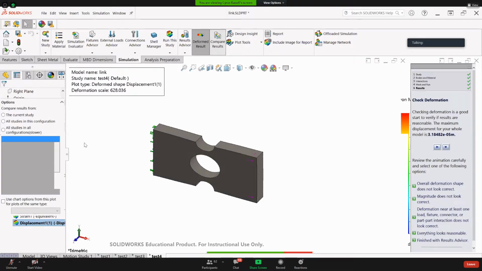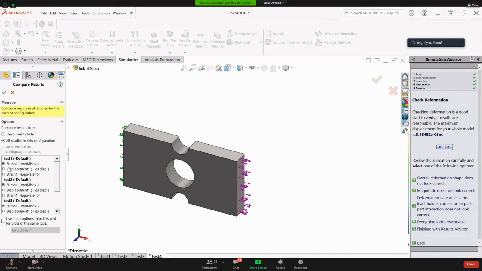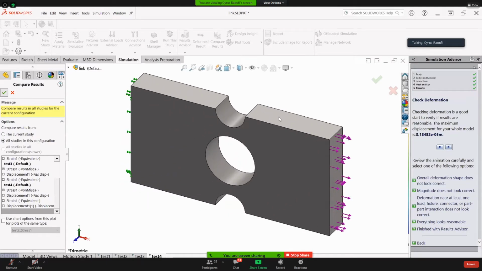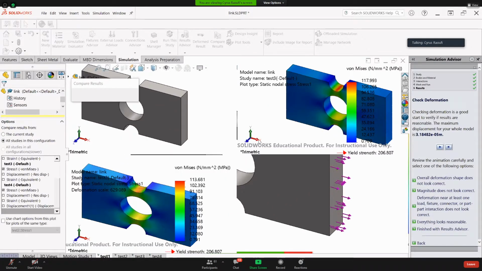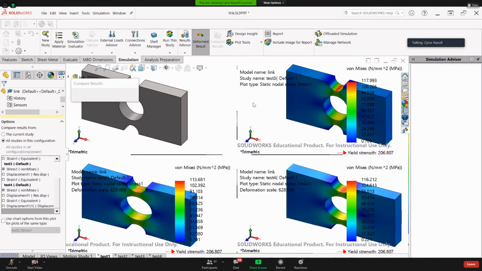Okay. I'm going to say I want to have 4 all study and say yes. Okay, as you see in SolidWorks now, what we have 4 study based on 4 types of